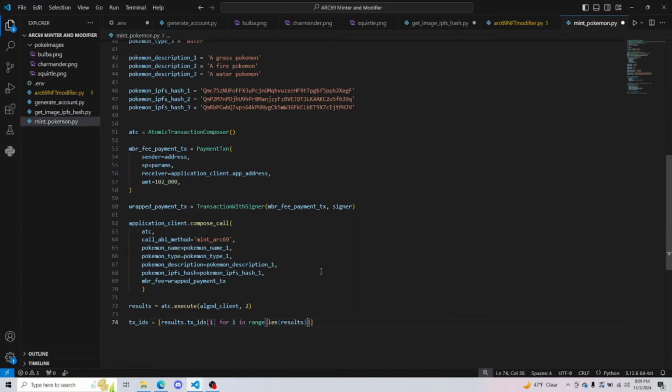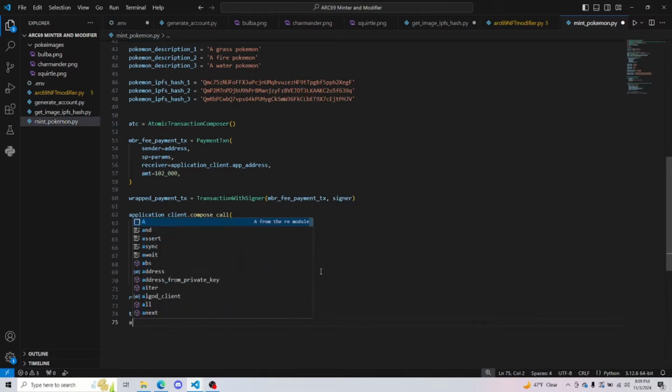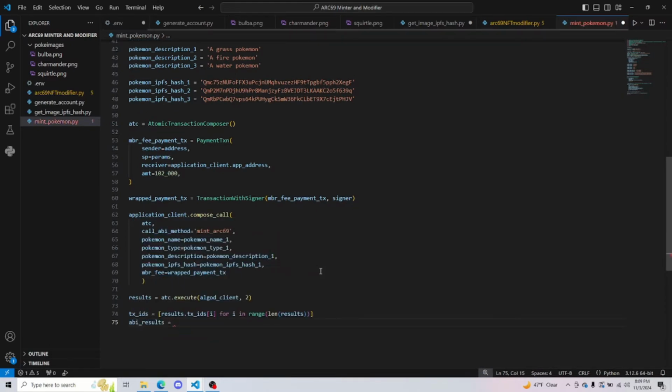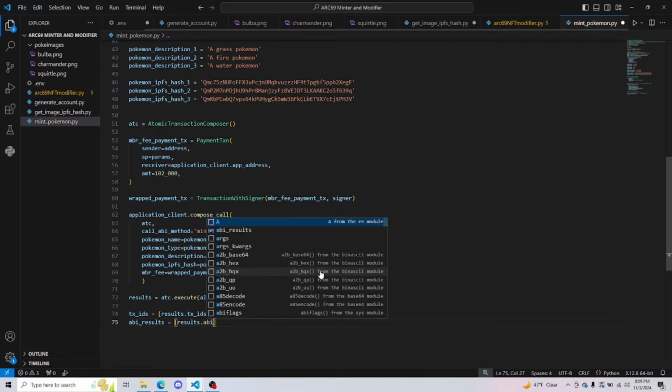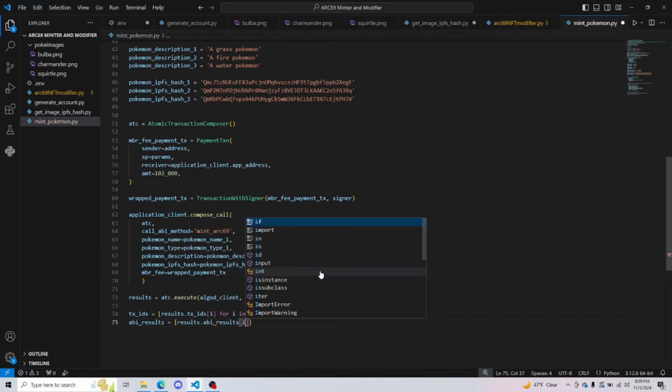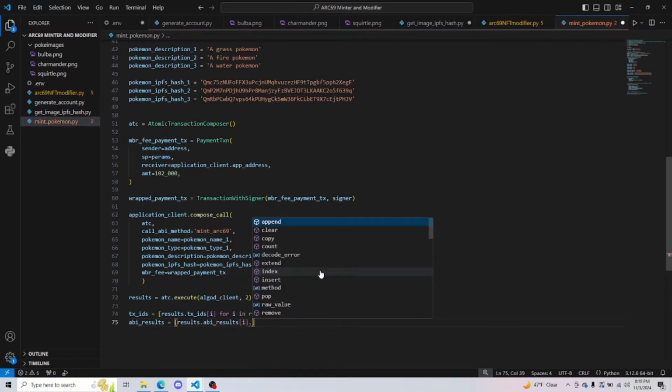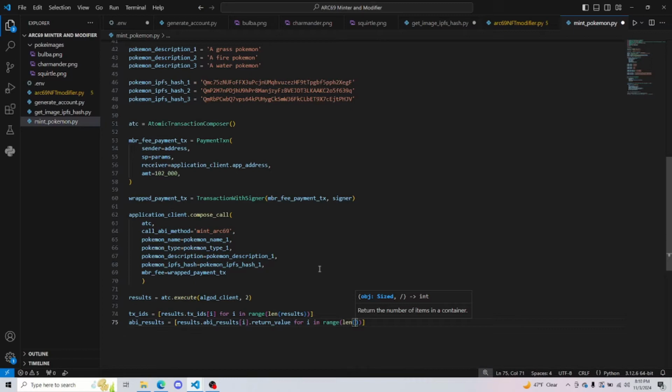Should be fine. And ABI results is equal to results.abi_results[i].return_value for i in range(len(results.abi_results)). And I'm not sure if this will work directly